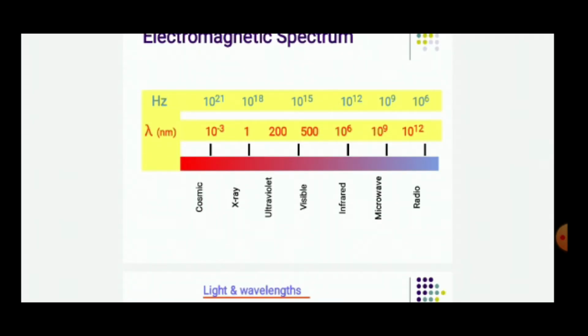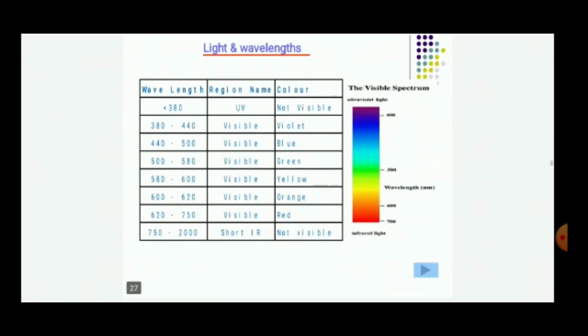From this entire spectrum, we are going to locate the UV and visible region, which is approximately 200 nanometer to 1100 nanometer range. Out of that, 200 to 400 is UV range and above 400 is visible range. So we are going to locate the light which is falling in this region. These are the colors of light depending on their wavelength.